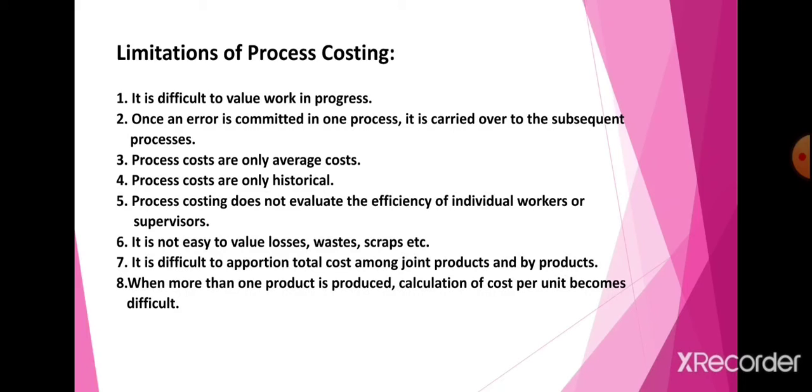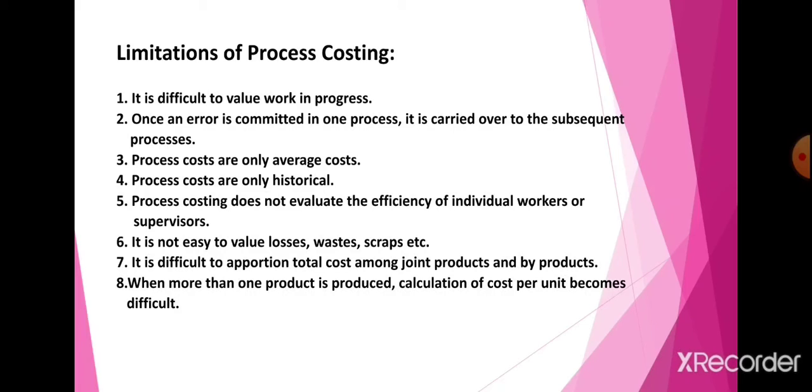These are not accurate. Since process cost is the average cost, it may not be accurate for analysis, evaluation and control of the performance of the various departments. Fourth, process costs are only historical. These are not of much use for effective control. The cost obtained at the end of the accounting period is historical in nature and is of little use for